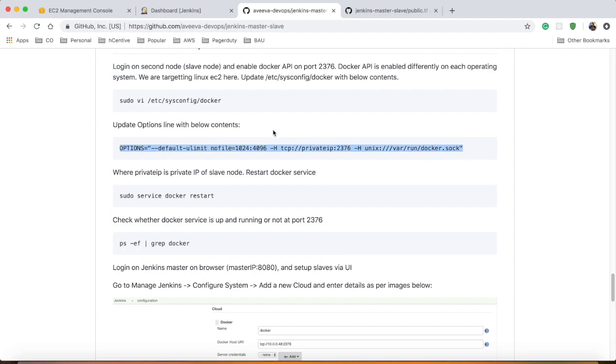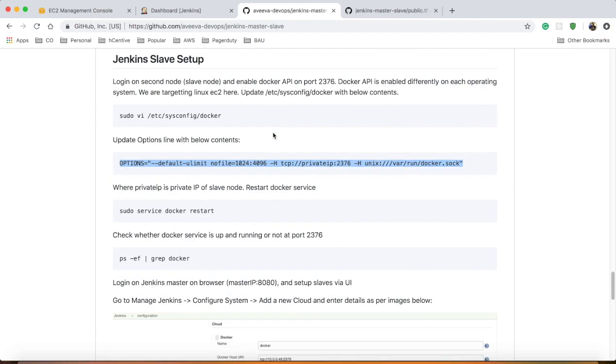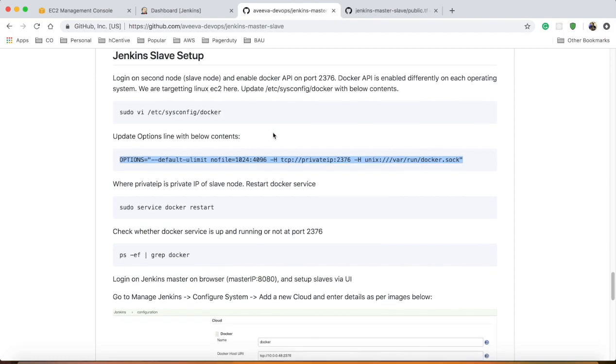This step is applicable for EC2 Linux servers. For Ubuntu, these steps might be different, but search for how to configure the Docker API on Ubuntu. You'll find it very easily. But for EC2 Linux servers, you can follow these steps. Open this file